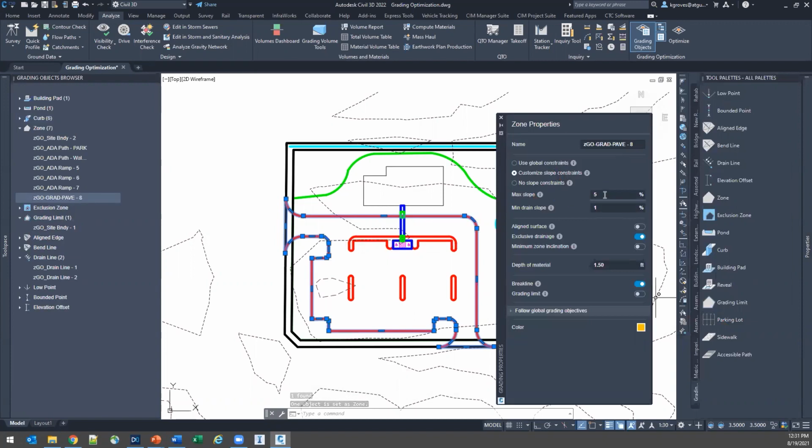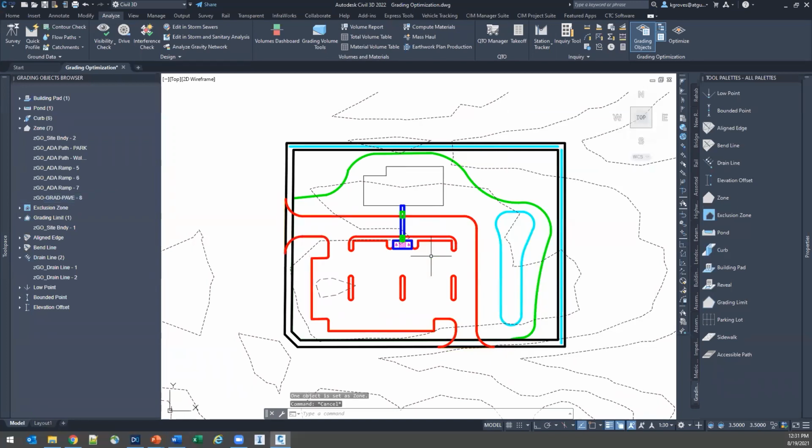We've got our maximum slope, 1 to 5. I don't have any inclination or any of that type of stuff. And this is going to be a break line. So we should have all of those elements. We can come back to our grading object browser to confirm. I've got some ADA stuff. I've got a